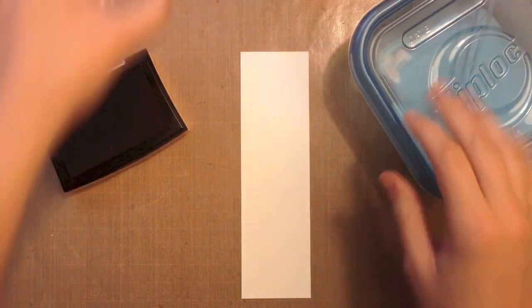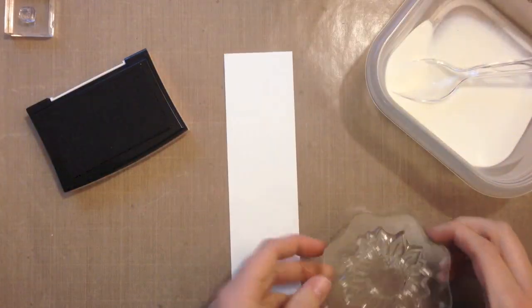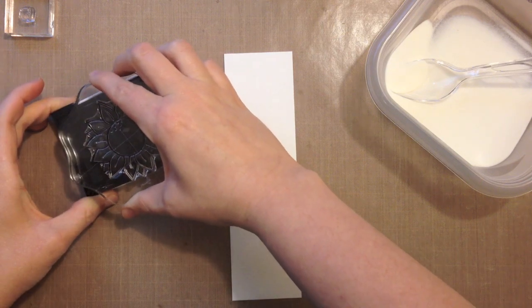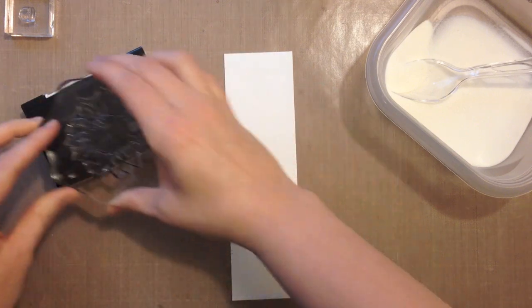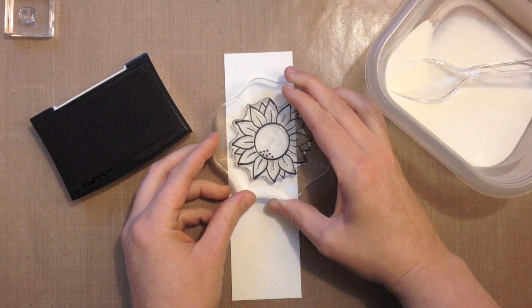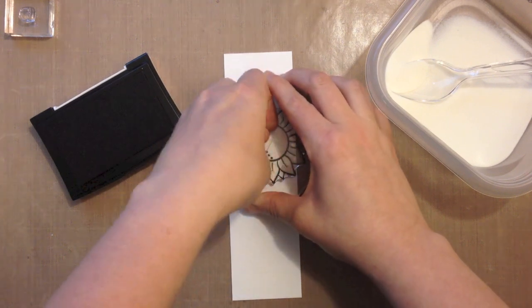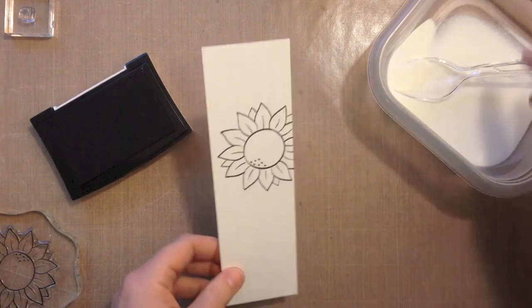I don't think that you have to emboss them. I've never actually tried, but as long as you use an ink that is water resistant, like an archival ink or something, you probably don't have to emboss, and you can skip that step to do this project. But I kind of like the shiny embossing, and I feel better about it not smearing, so that is what I'm going to do. So I've just inked up the stamp there with the VersaFine Onyx Black ink, and it's